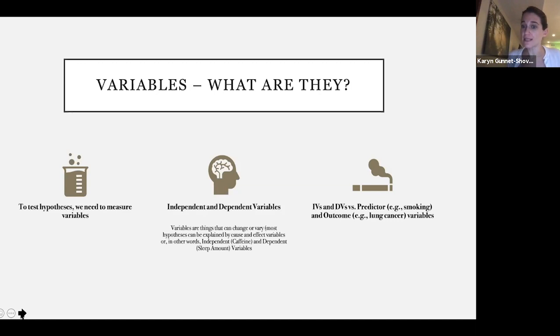Think about it. For example, with a predictor and an outcome, like here you see on the right side of these PowerPoints, if we're looking at smoking and lung cancer, we're not going to create an experiment where we give some people cigarettes to smoke and some people no cigarettes, maybe some people a lot of cigarettes to smoke, and look at the differences over time in whether or not they end up with lung